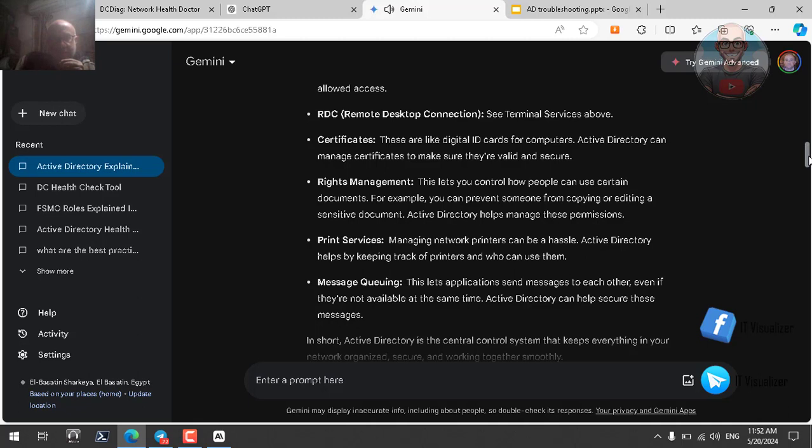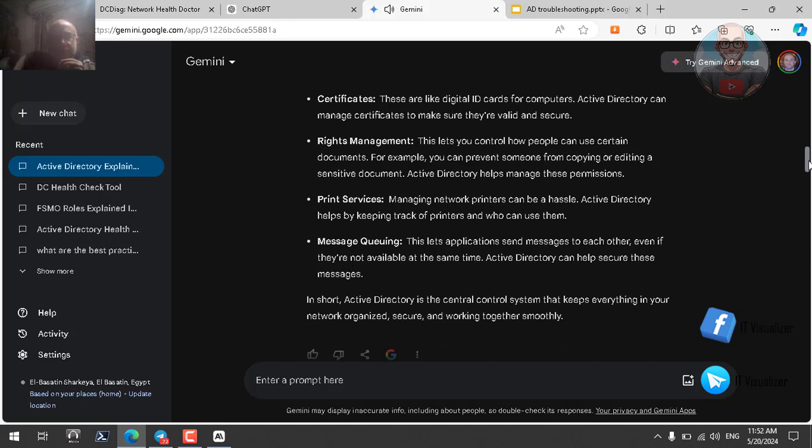Message queuing. This lets applications send messages to each other, even if they're not available at the same time. Active Directory can help secure these messages. In short, Active Directory is the central control system that keeps everything in your network organized, secure, and working together